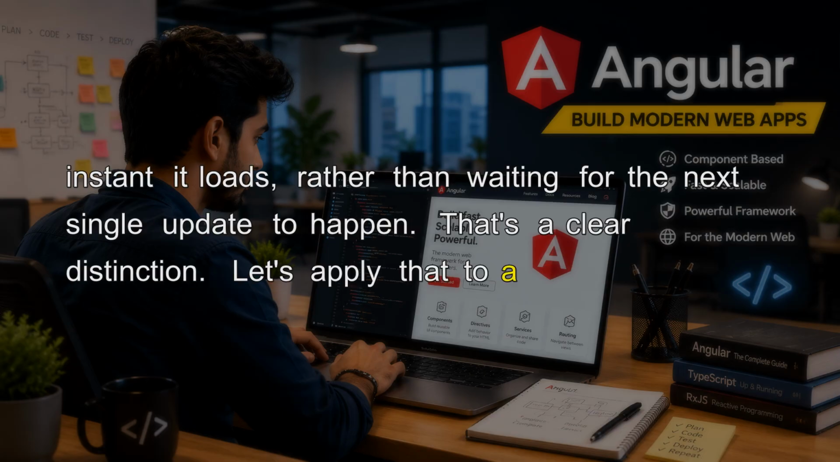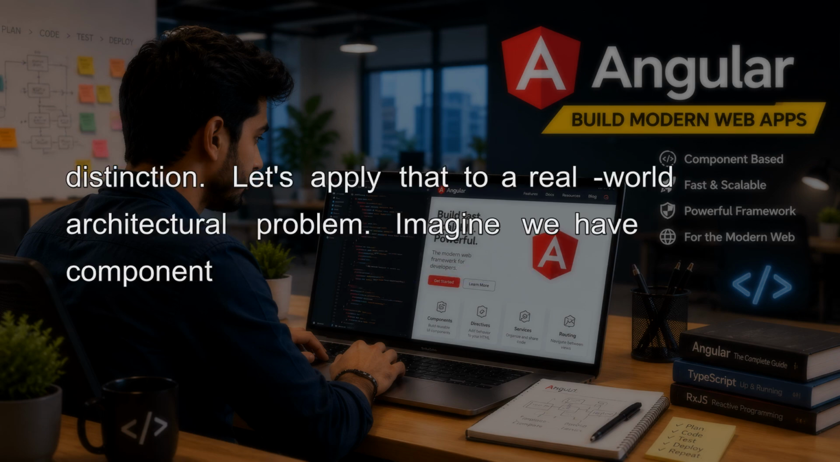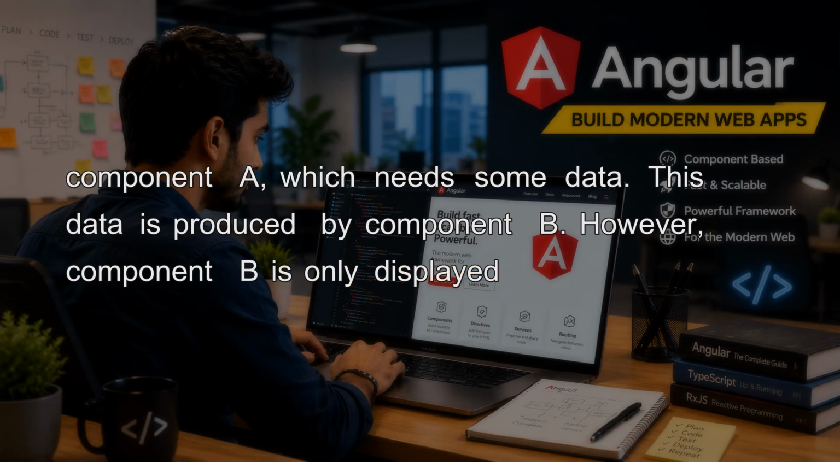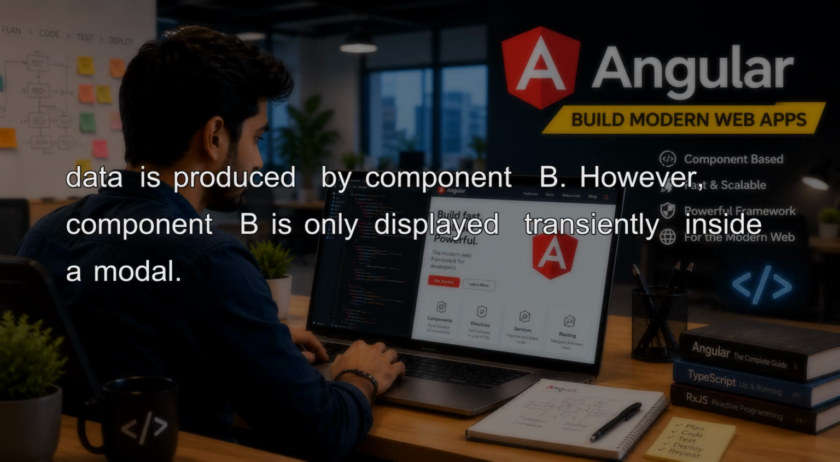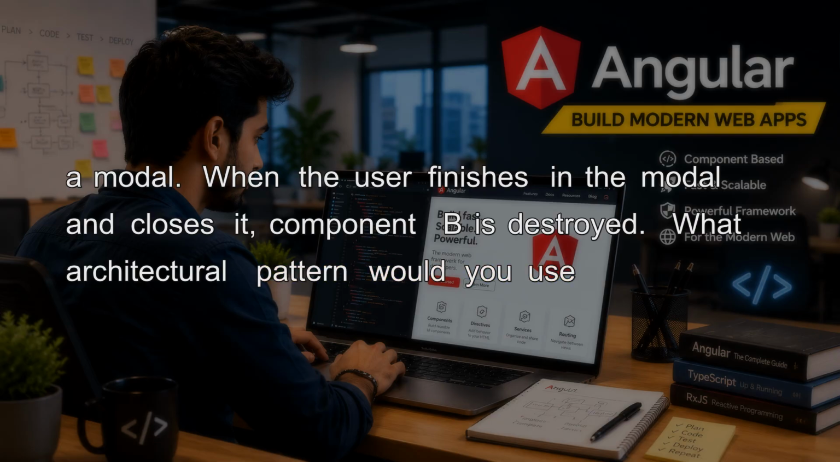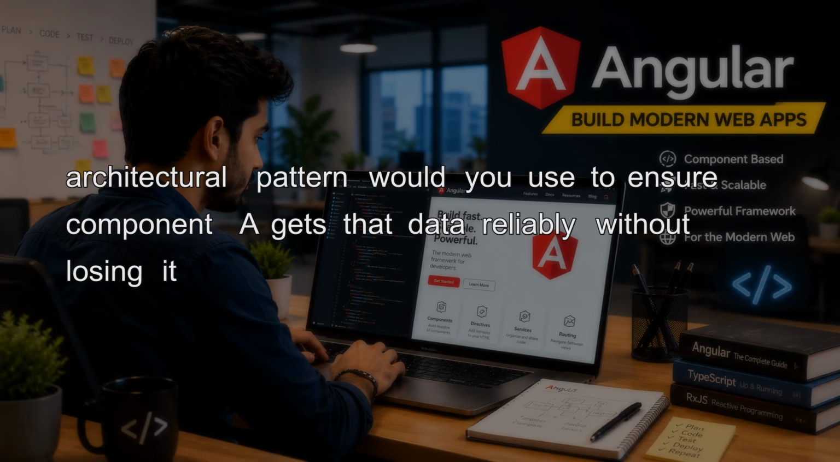Let's apply that to a real-world architectural problem. Imagine we have component A, which needs some data. This data is produced by component B. However, component B is only displayed transiently inside a module. When the user finishes in the module and closes it, component B is destroyed. What architectural pattern would you use to ensure component A gets that data reliably without losing it when the module